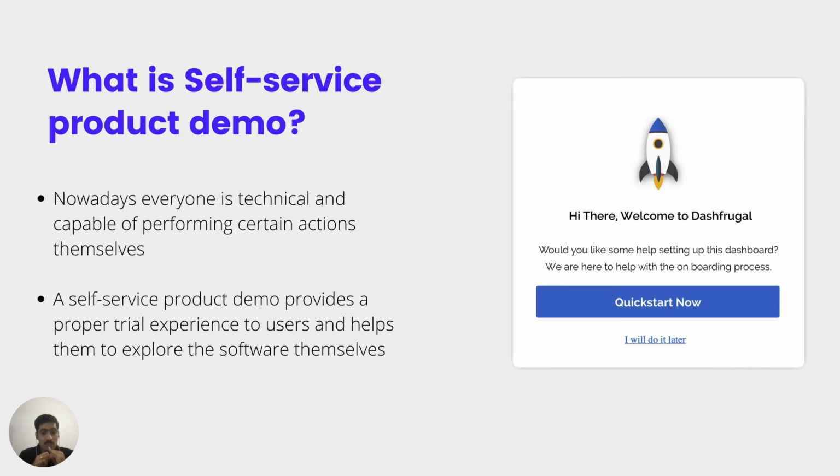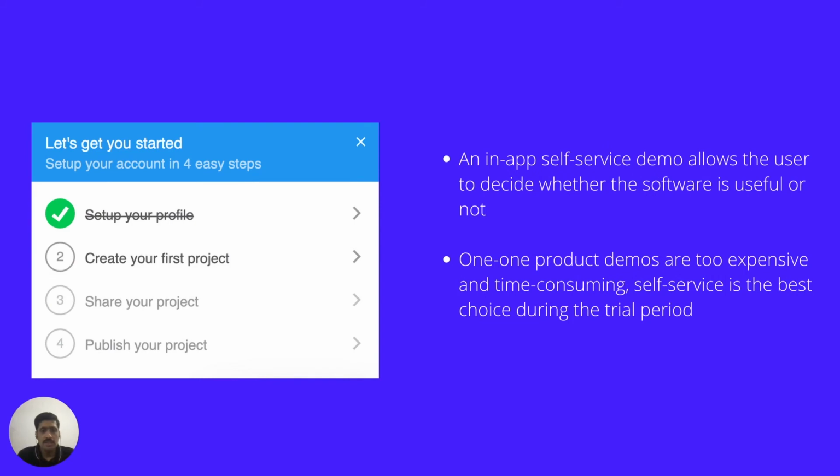Self-service, in terms of what I'm trying to say, is a service along with proper user onboarding and product training support. Otherwise, it's going to be massive, because if a user is doing everything without any assistance or training data, it's going to be a very difficult task for software users. Again, coming back to the same point, an in-app self-service demo allows software users to decide whether the software is useful or not. We're familiar with onboarding self-service tools like checklists that help the user proceed from one option to another. Whenever they're proceeding with it, they can understand whether this software is useful or not.